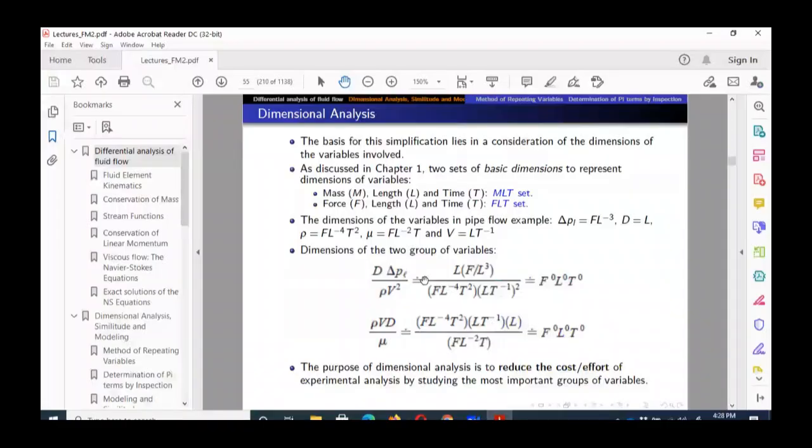So I just told you about the importance of dimensional analysis, modeling, and synthesis, and their importance for the conduct of